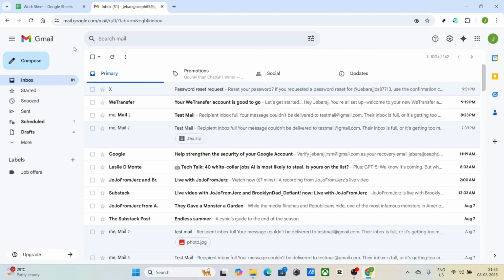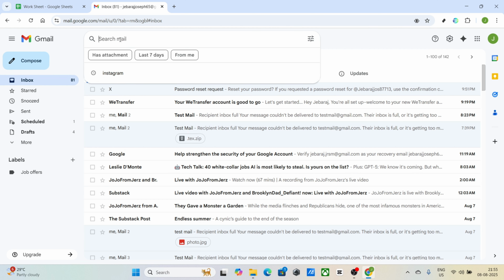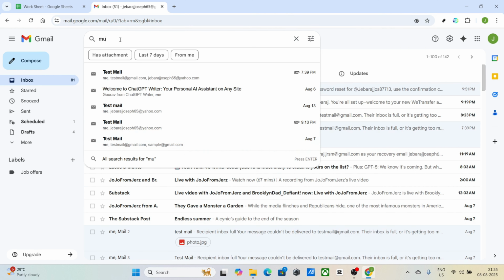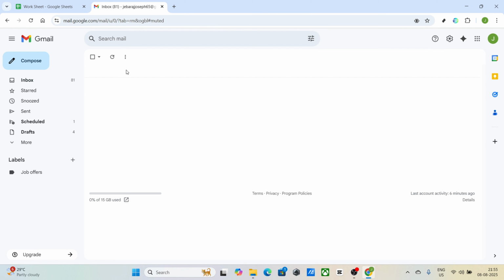Now, the goal here is to uncover those sneaky muted threads. To do this, we're going to employ a simple but highly effective search technique. Look towards the top of the page where you'll see the search bar. This is our tool for today. In the search bar, type is muted and press enter. This search command helps you locate all the emails that you've previously muted. It's a powerful feature to have in your Gmail repertoire, as it makes sure no conversation slips under the radar